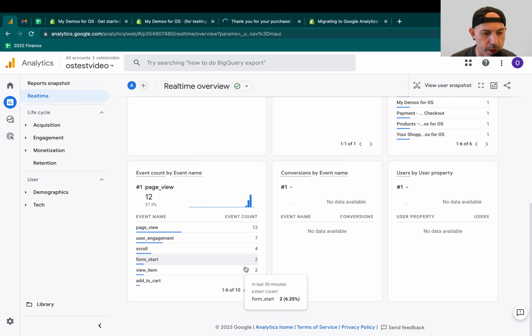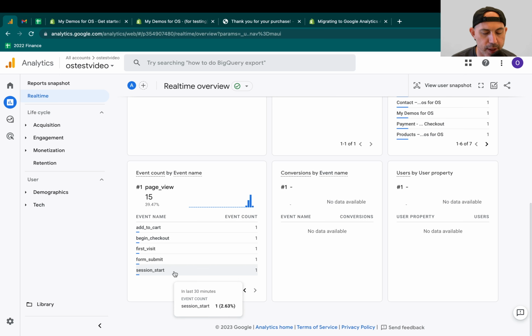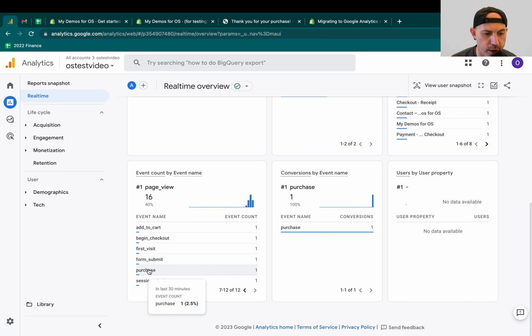We'll have to wait probably about a minute or so. But in the event counts, you'll basically have a purchase event. And once that is there, you know that the order went through, and then you can see the e-commerce data as well in your account. Okay, so let's wait a few seconds. There's 11 events right here, and we're just waiting for another one to happen. Okay, once I can see the purchase, we know for sure that it went through, and I can show you some information. Okay, here it is, purchase went through.